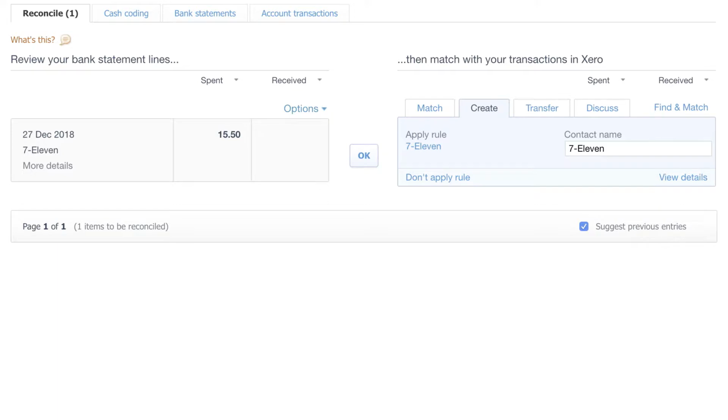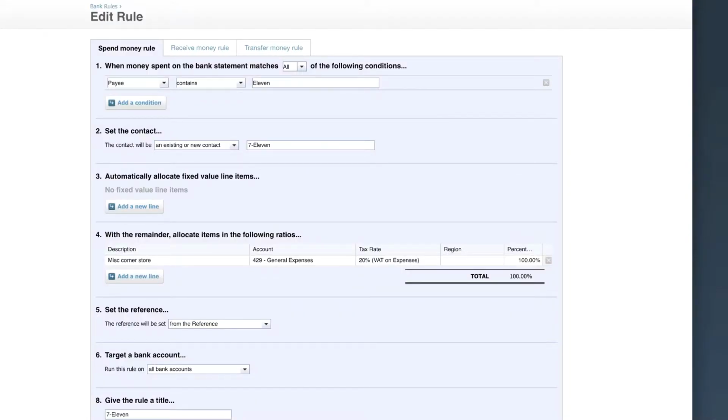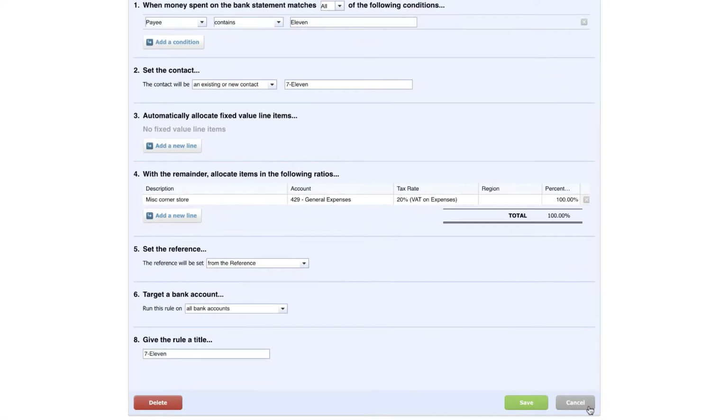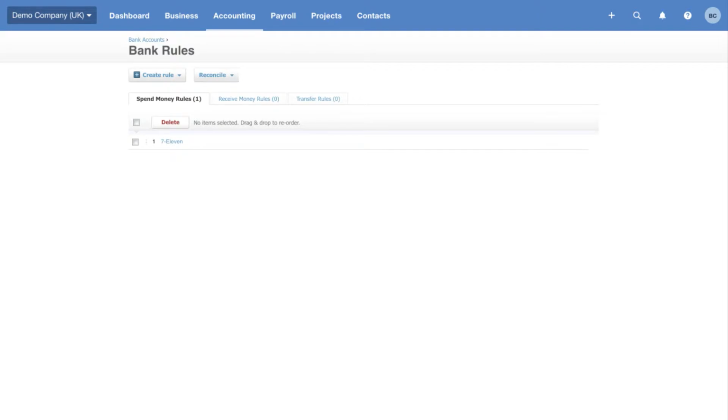We have set up a rule for our corner shop as we pop in once or twice a week and buy sundry expenses. This could be washing up liquid or tea bags for the office. We're going to use a bank rule to capture the transaction, so every time that we go to 7-Eleven, we will tell Xero how we want it to deal with the transaction in our accounts. We need to enter the description that we want, the account code we need it to go to, and, if any, the VAT rate. You can set up many different bank rules, and there are 3 types: spend money, receive